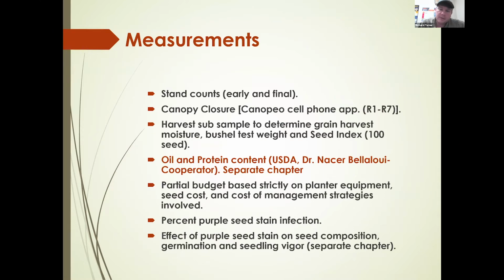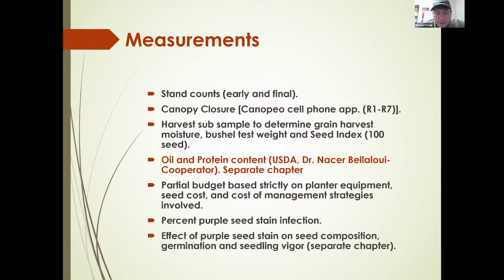So some of the measurements that we took with Stan, we took those early and late. We wanted to know how many seeds we were losing or plants we were losing during the growing season. We took canopy closure measurements using a cell phone app called Canopio, and we did those from R1 to R7. We did grain index. At harvest, we captured a subsample, and we were able to do seed weights, bushel test weight, grain moisture, all that kind of stuff. The oil and protein content was done in cooperation with the USDA and Dr. Nasser Bellalui. And we already have a publication out of that chapter, but I will not be discussing those results